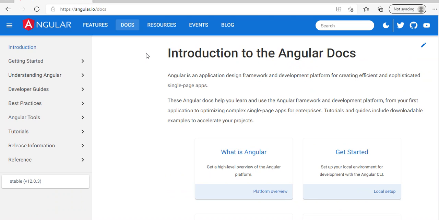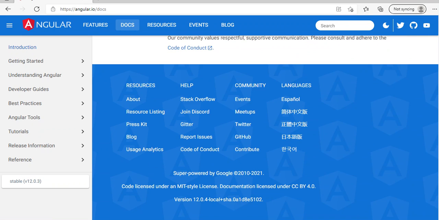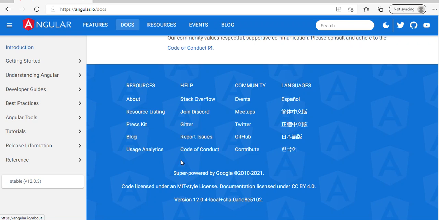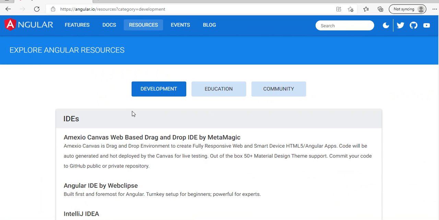If you are directing from one page to another, what will happen? You have to click somewhere, like this menu, or there are lots of links beneath the body. If you click here, it will direct to some other page, or other component, I would rather say. So what it does is change the route. This is called the route. It changes the route and redirects from one page to another. So here we need to create the route.